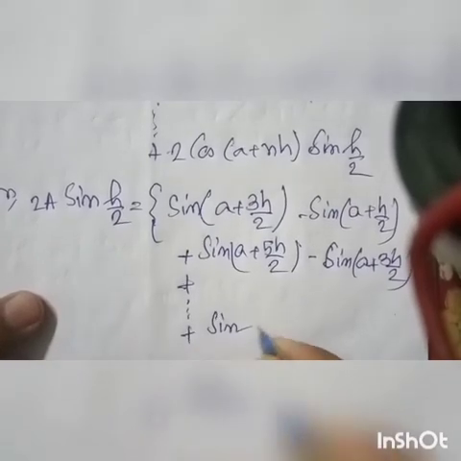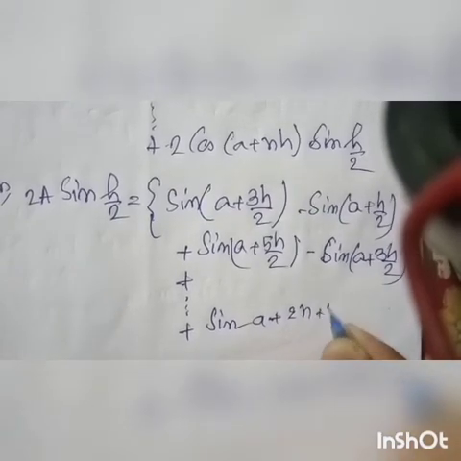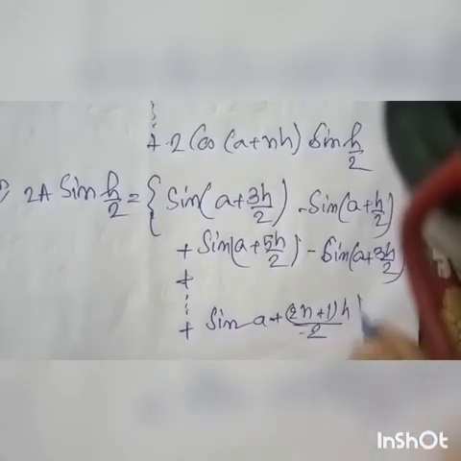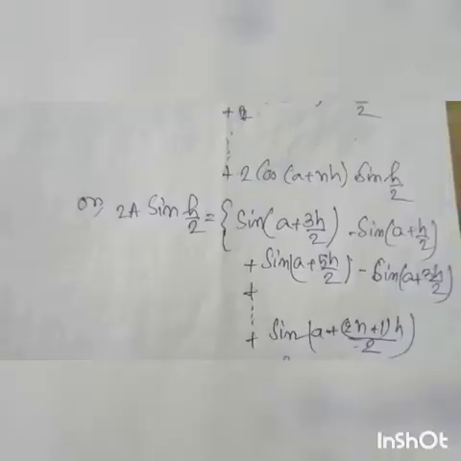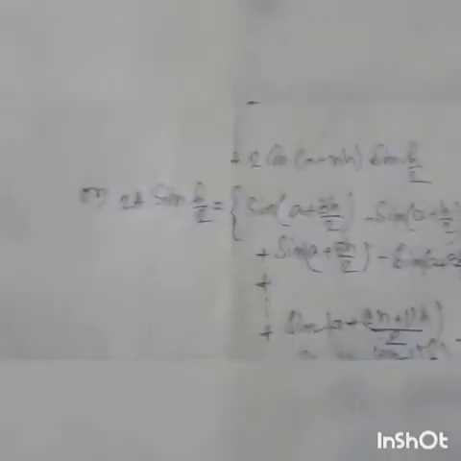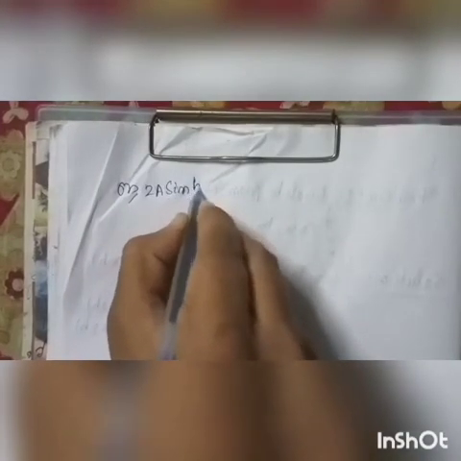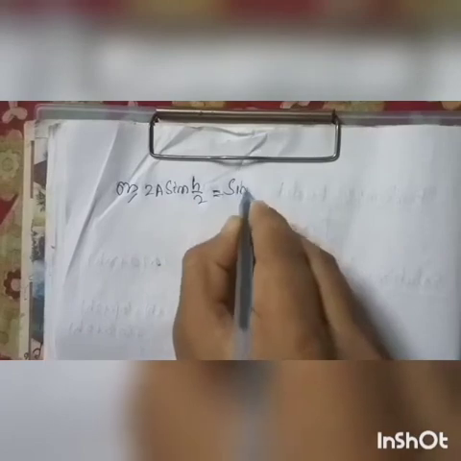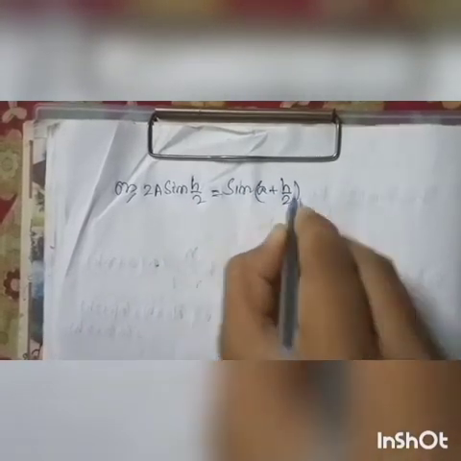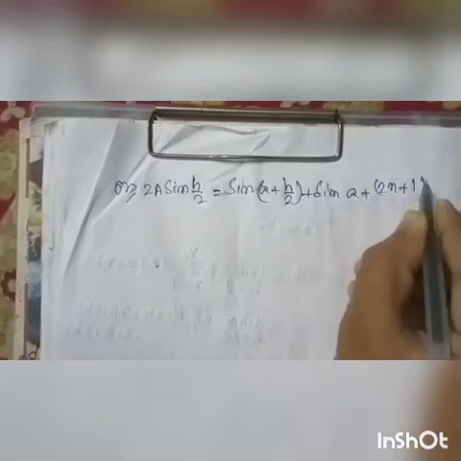sin(a+(2n+1)h/2) minus sin(a+(2n-1)h/2), or 2a sin(h/2) equal to sin(a+h/2) plus sin(a+(2n+1)h/2),